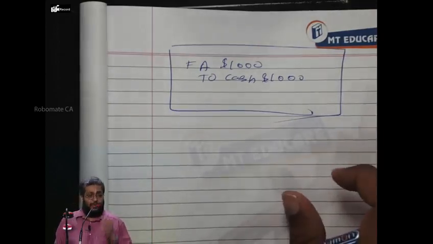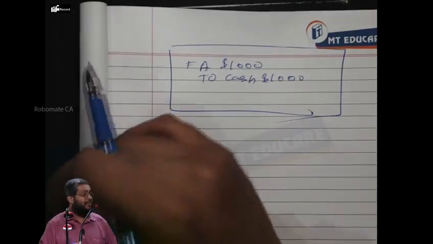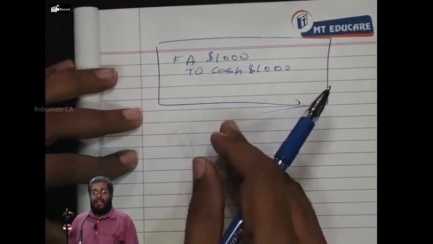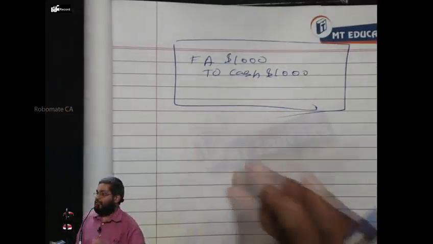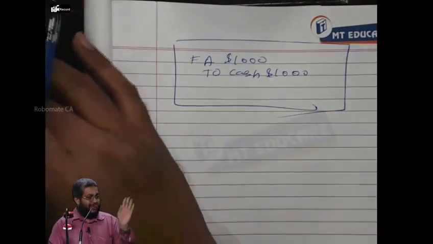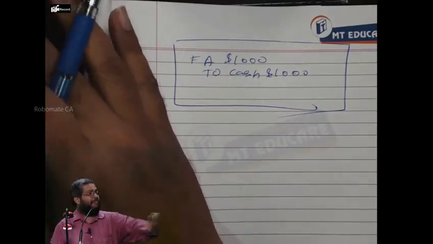I assume NPV to be what? 0. I'll give you 2 more situations and make your understanding much better. Are you following or not? Now understand that, first of all, when I start a new project, I have $1,000 cash. In that project, how much do I invest? $1,000. Now, the accountant will pass an entry: fixed assets $1,000 to cash $1,000. That's all in the matter.